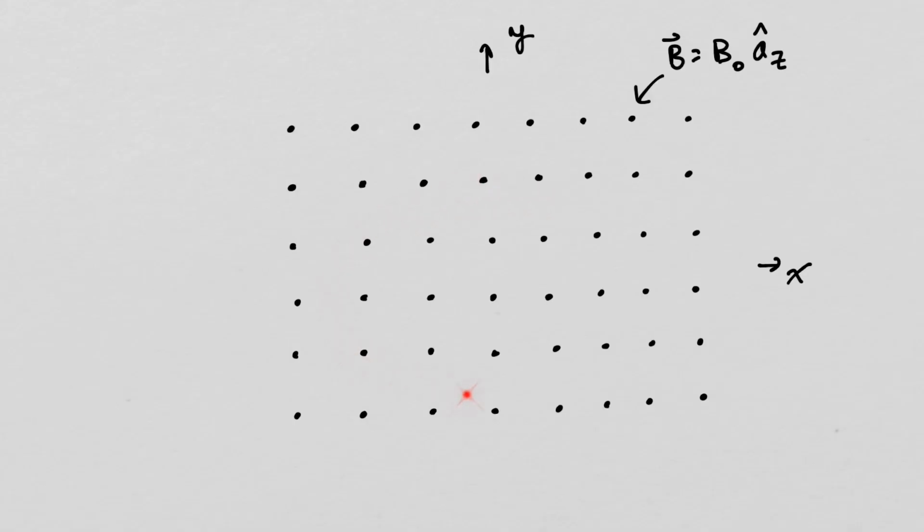Here we have a uniform magnetic flux density field that is only in the z direction. Here we have a positive charge q and it's moving with some velocity u. Let that velocity be in the plane of the page. We know the force the charge will experience is QU cross B, so the direction of the force will be perpendicular to both the velocity and the magnetic flux density field.